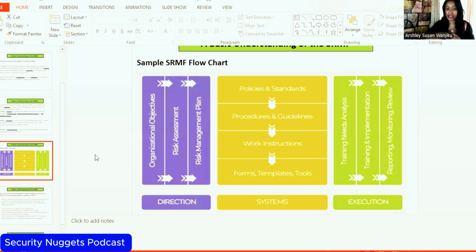Key risk owners, these are employees who work every day with critical assets in the organization. So they are key stakeholders because they are the risk owners, okay? So when it comes to execution, you're going to find that you are relying on their engagement and collaboration, all right? So in a nutshell, the security risk management framework is a structure that has a lot going on within it,